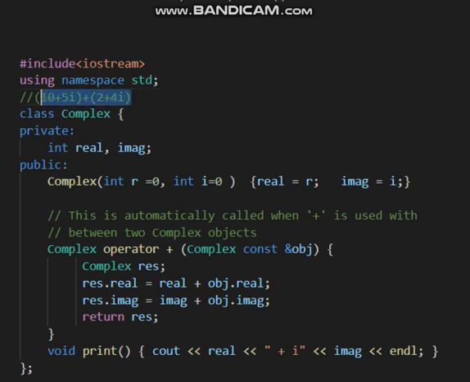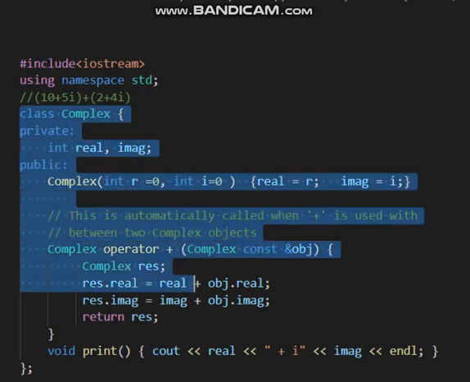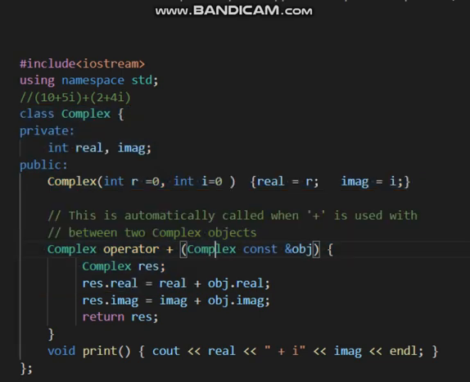Here, see, this is one vector, 10 plus 5i, and 2 plus 4i, the complex numbers. There is no option in C++ to add them directly, so we are defining the class Complex for 10 plus 5i and 2 plus 4i, and using the plus operator we can add these two objects.